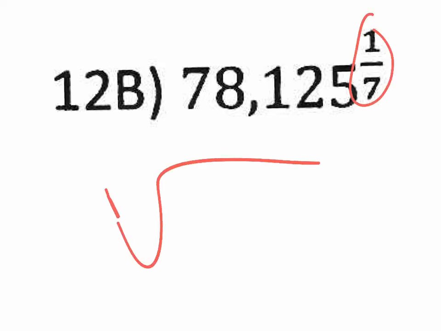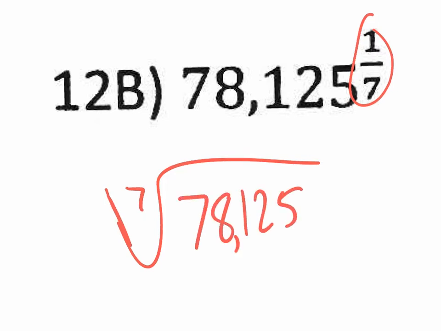This one's the power of 1/7. And I mean, there's no way I know what times itself 7 times gives me 78,125. I just don't know that off the top of my head. So I'm going to get a calculator, and I'm going to guess at it, right? I want to say like 4 to the power of 7. Because ultimately, we know that the 1/7 power is the 7th root of 78,125. So what this tells me is that I'm looking for a number that I multiply with itself 7 times